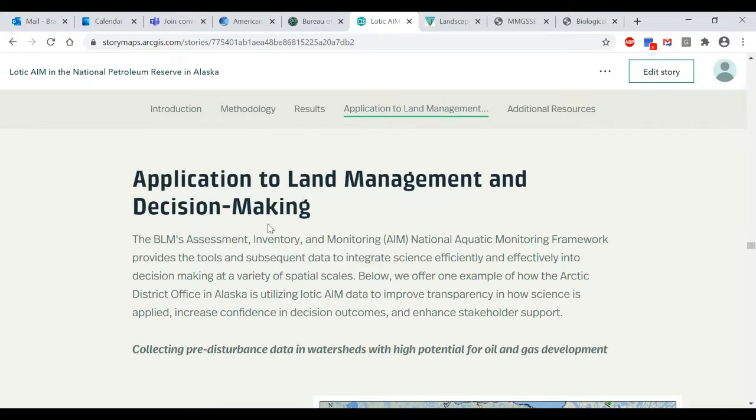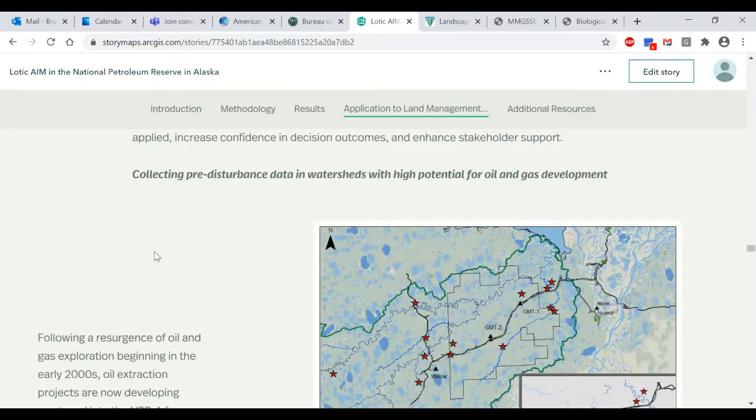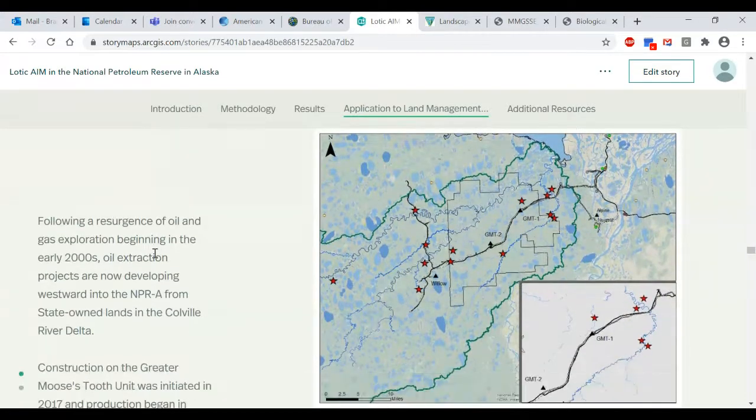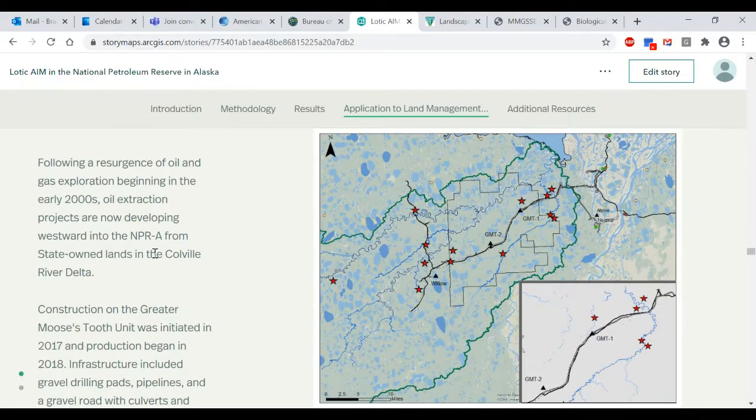So one of the main sections that we added in here is this application to land management and decision making. And this is kind of the meat of the story map, and really kind of gets into the so what of why we collected data, or the importance of collecting LODIC AIM data on the North Slope. And so in this section, we go into a little bit more detail and just show the study area, that northeastern portion of the MPRA where the majority and the current oil and gas development is happening.